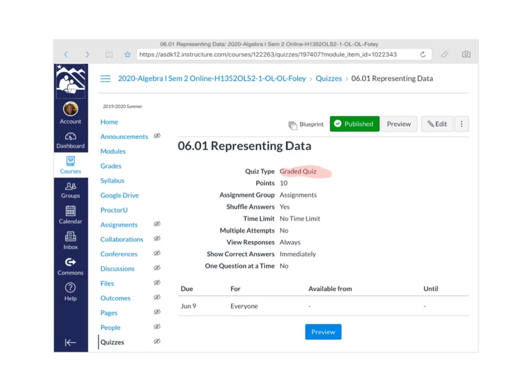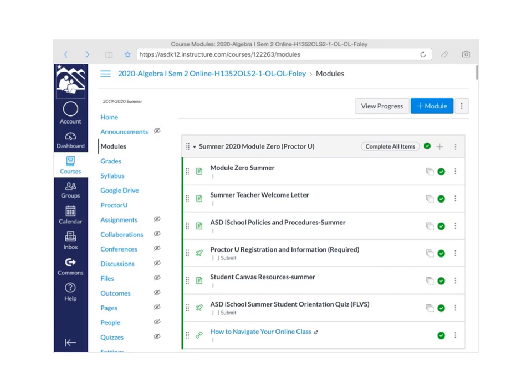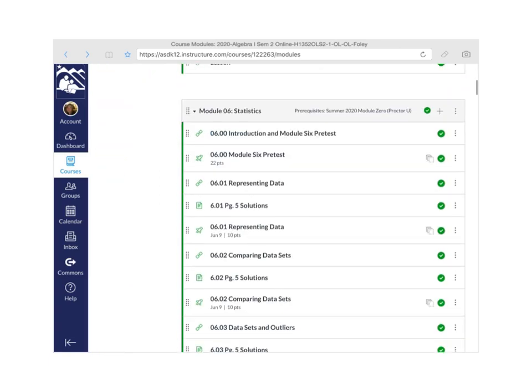Okay, some things when we go back to the modules here. If you're in modules, some things to keep in mind. When we look at this module here, this 6.01 representing data with this little linking thing, that's where you get all the information. That's where you learn. That's where they teach you all the concepts. This is my videos, the one that has the little page looking thing, the videos to the solution, and the ones with the rockets with the points down there,